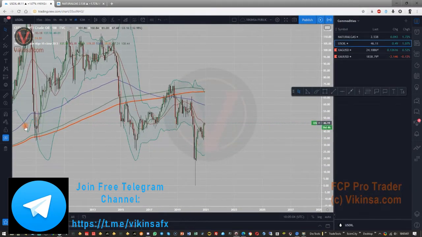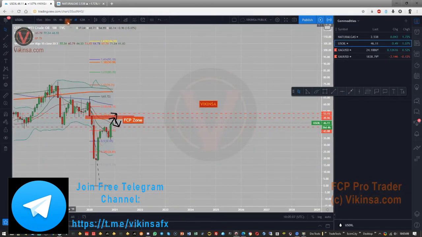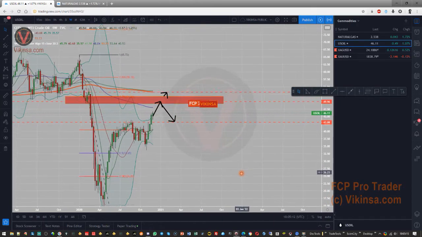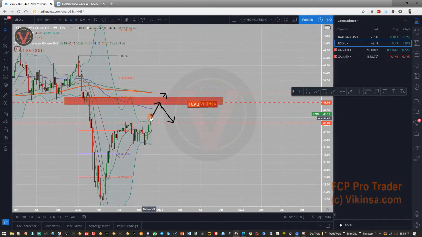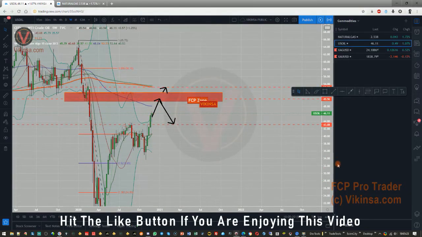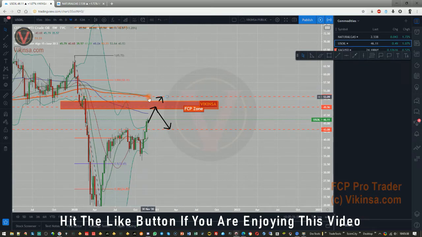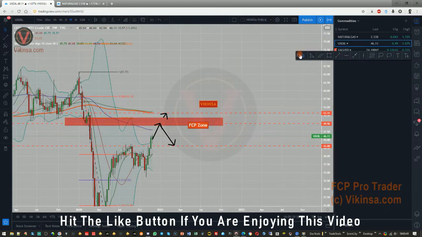Okay, on US oil, what I posted previously on TradingView is this. I'm expecting the market to move higher from here. This was posted one week ago, so there was a little period of downward movement, but now the oil has started to move upwards, and I'm expecting it to move to 49.96, near about the $50 level. If it keeps on moving upwards, it can come to the 52, 53 level where this 200 moving average is. And if it keeps on moving even further, then we are looking for near about